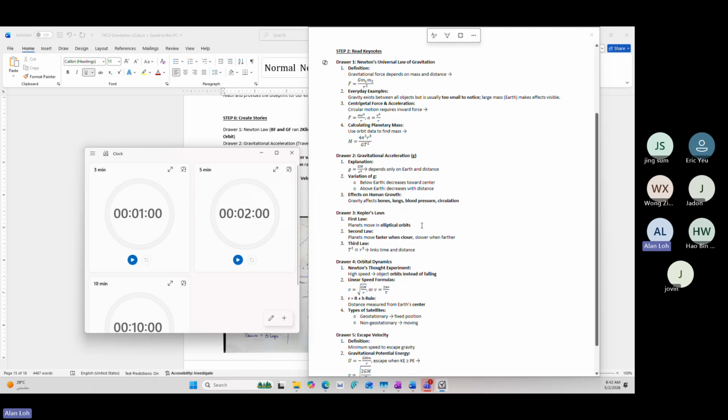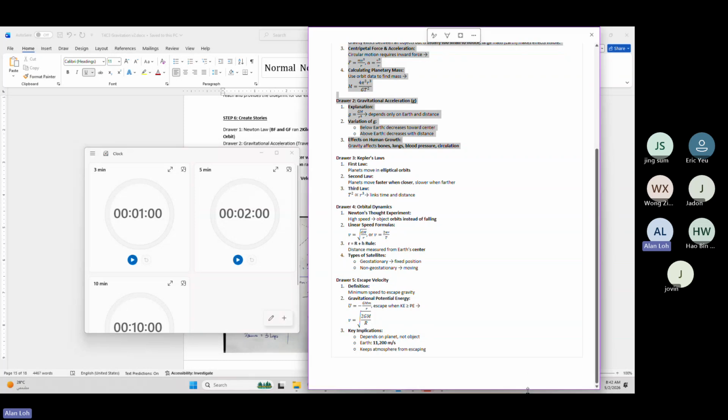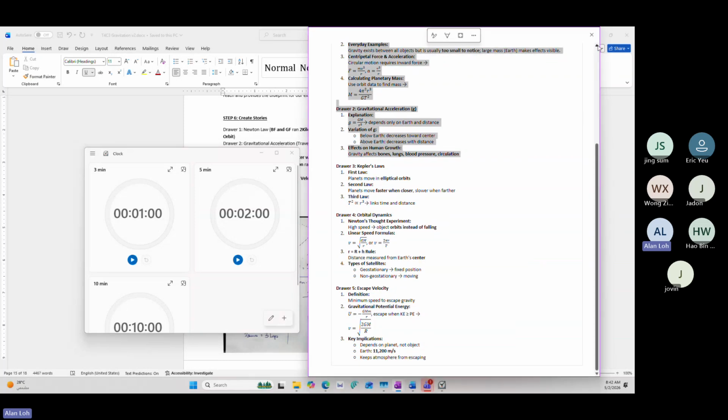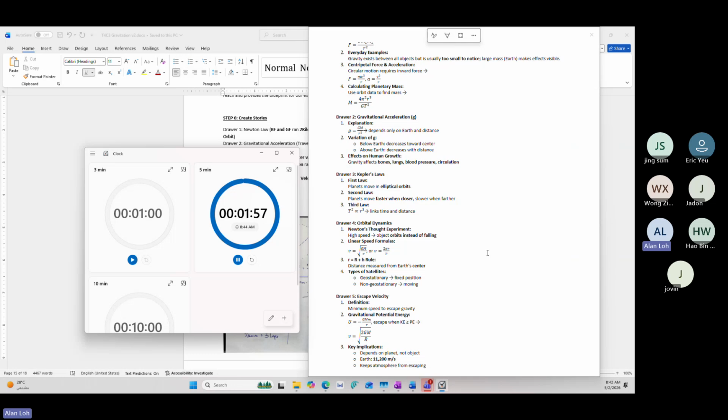Okay, now I'll show you until drawer 5. I'll adjust it this way. Right. So another 2 minutes for 3, 4, and 5. Whoever finishes reading 3, 4, and 5 and has more time, you can continue reading drawer 1 and drawer 2 if you want. Let's start now. Drawer 3, 4, and 5.